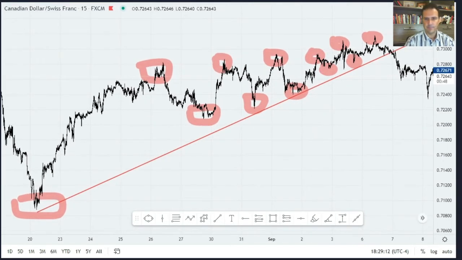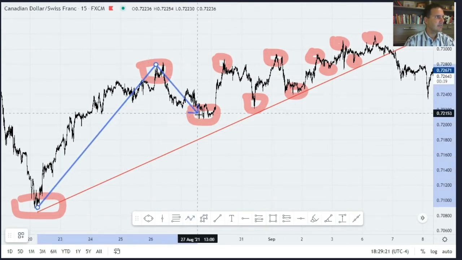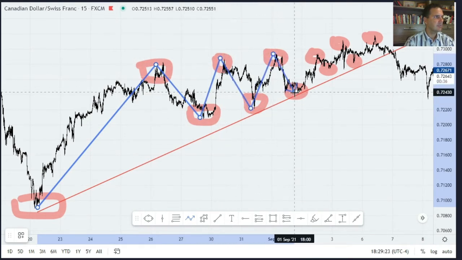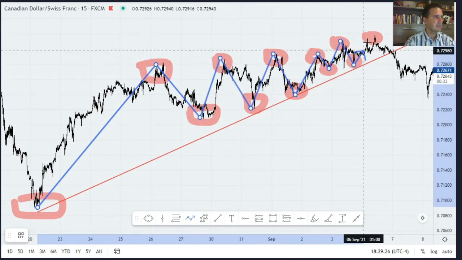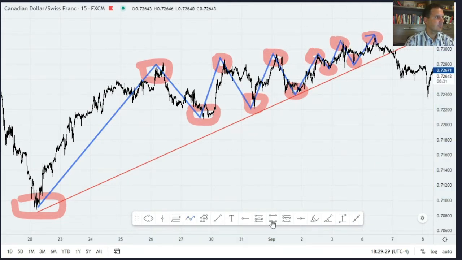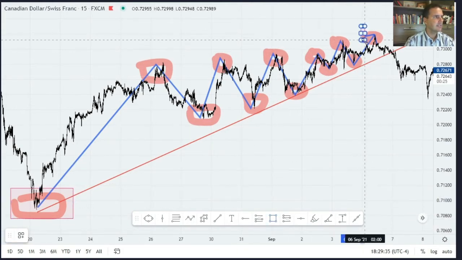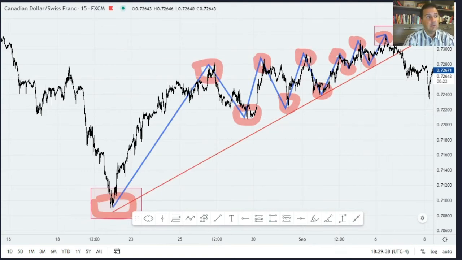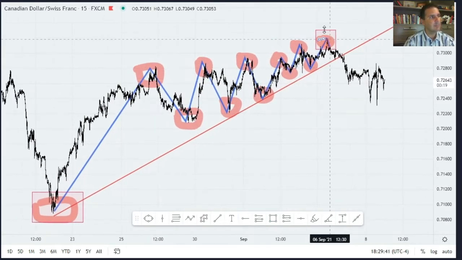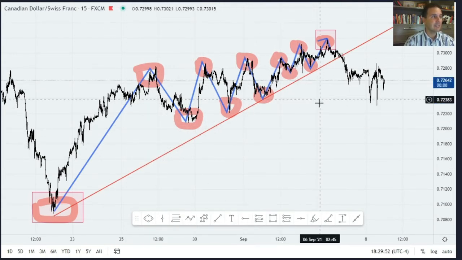Agreed, everybody? Do we agree that the market was making higher highs, higher lows until up in here? So the first quadrant being the start of the uptrend, and the second quadrant being, maybe I'm wrong, but the second quadrant being the end of the uptrend. Yes, okay. So a trend line is a tool that confirms a trend, right?